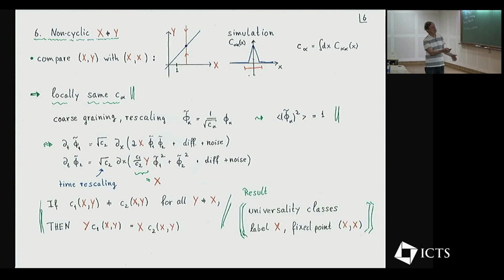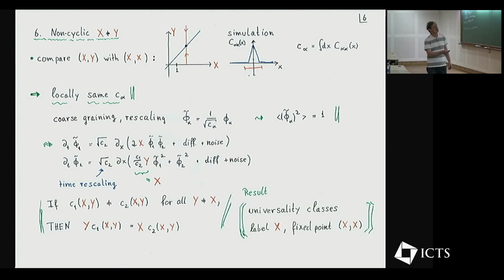I mean, it's not equal. Here at this point, the correlator would be 1. Here it's some different value. So this integral is maybe 0.9 or 1.2. It's just some different value, but it's not equal to 1. Okay, and so